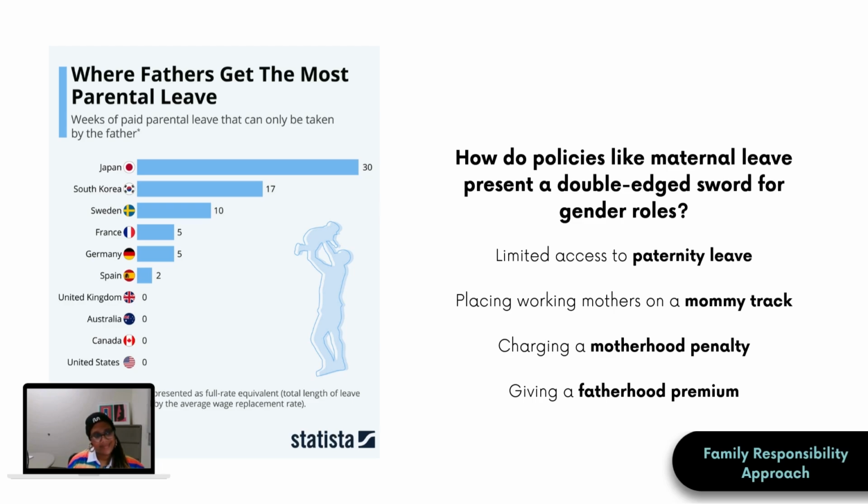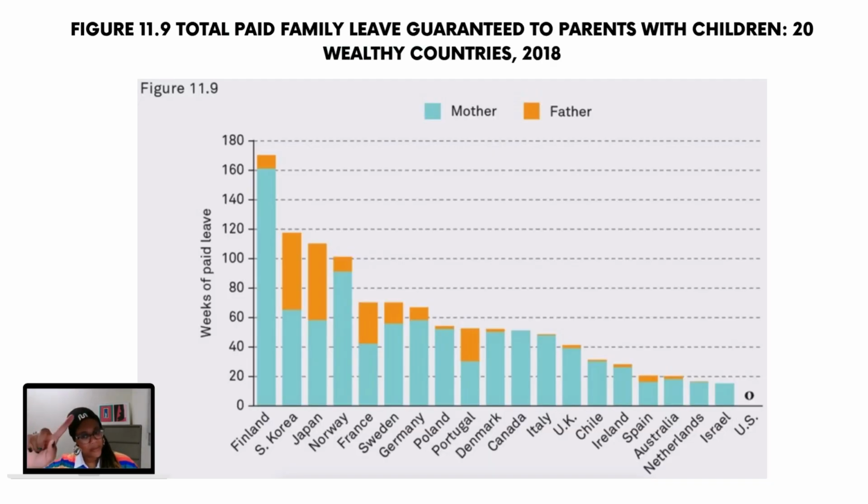All right, and just one more image here. This is showing 2018, 20 wealthy countries. How much leave, one more time, for women and men, or for mothers and fathers. This is very heteronormative. This is very binary based. I'm sorry. Most of the data on this stuff is. Notice again the US at 0. No. I can't keep mentioning that because it's just so obscene.